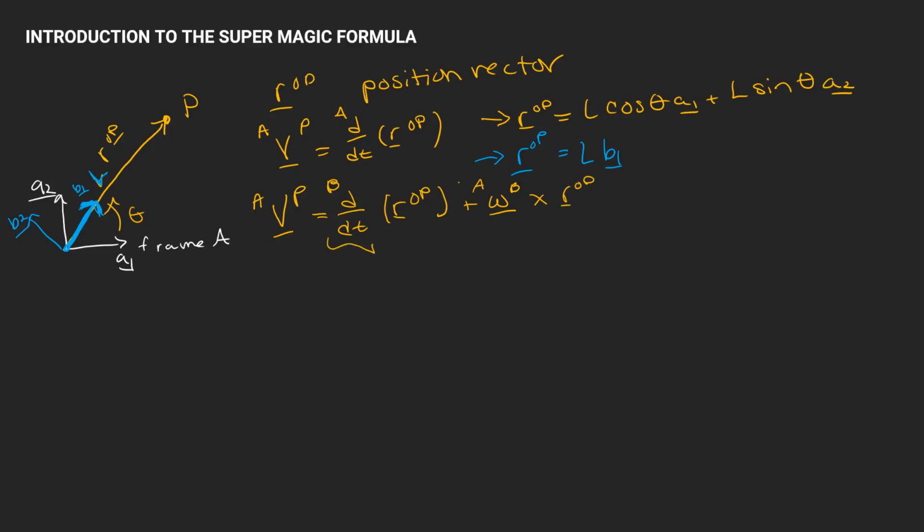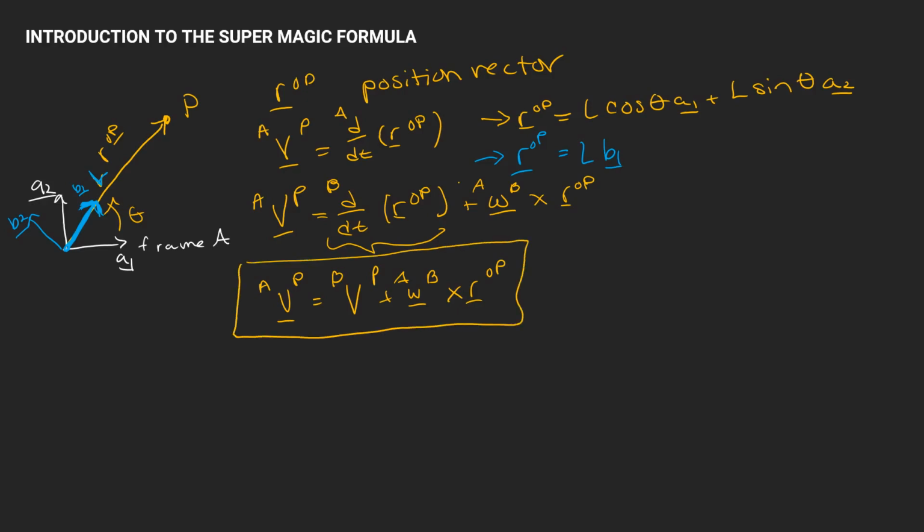And just to write this term out, we can actually write that as the velocity of point P in frame B. Okay, so this is just the general formula